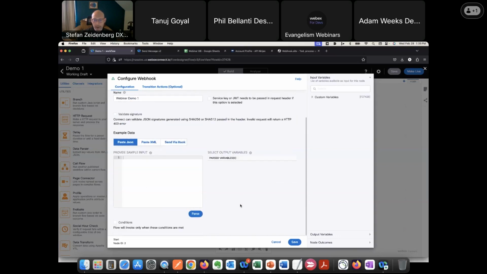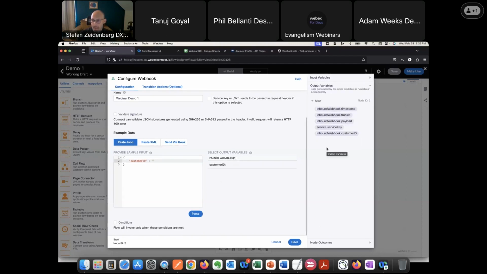And then this is where the efficiency really starts pouring in. The sample input allows you to suggest what that JSON or XML might be that is going to be ingested into the workflow to then start having the workflow do something for you. In this case, I'm just going to use a customer ID parameter. When I click on parse here, you'll now see that customer ID presents itself as an output variable. So you'll see I have my standard metadata that comes with the platform, the standard variables and parameters. And then I'm going to use customer ID as one here as well